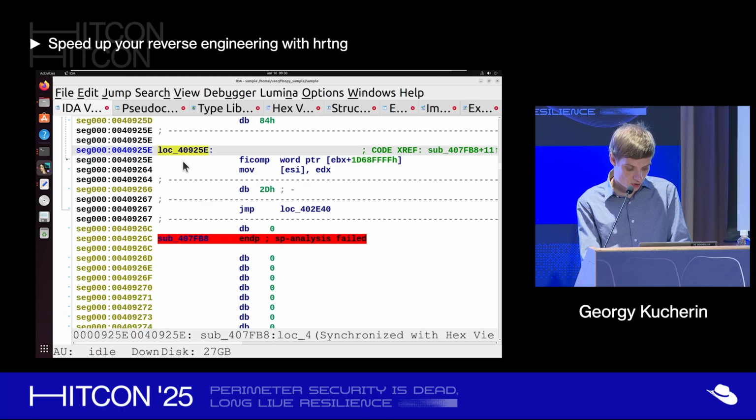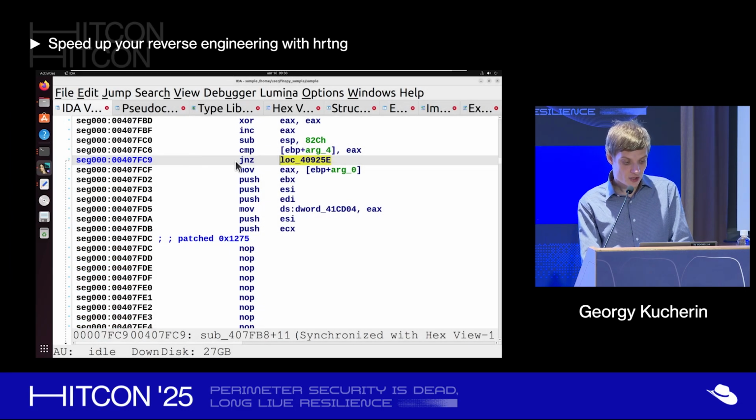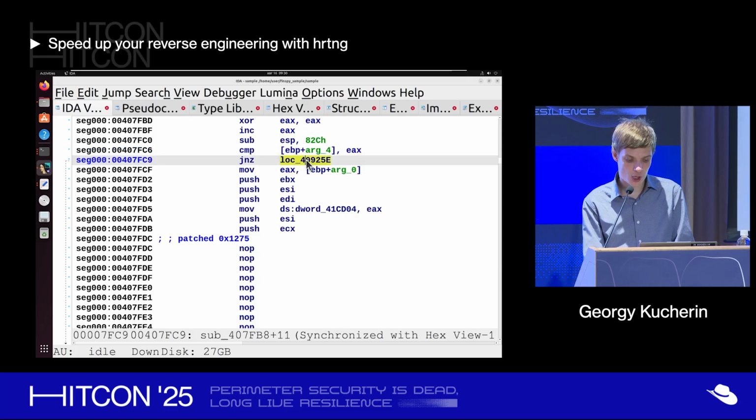If we now look where these instructions are referenced by examining cross-references, we can see that this jump instruction branches to junk code. What is happening here? We see that the value of the argument is compared to the value of the EAX register, and in turn the value of the EAX register is calculated by XORing this register with itself, which, according to the properties of the XOR instruction, sets the register to 0, and then we add 1 to the register value, meaning we compare the value of the argument with 1, and if it's not 1, we jump to junk